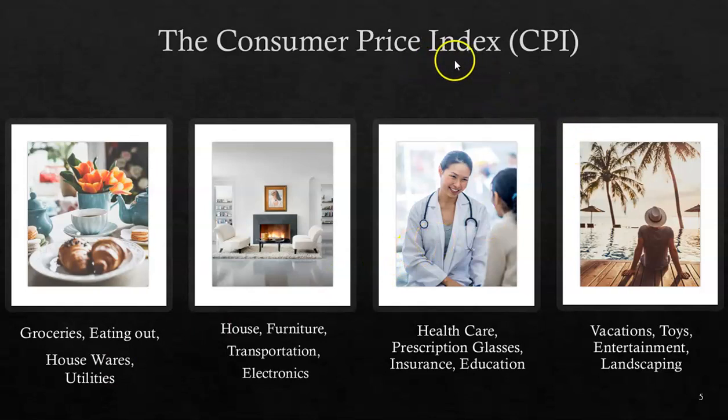So this index started at 100 points. And we go and see whether that is getting bigger or smaller. So if we start at 100 points, and we're taking that market basket and comparing it to the year before, and now it's 101 points, and we're going to go over how to figure out the CPI, it's actually very, very simple to do. If it's 101, then you have a 1% increase in prices. And if it drops down to 98, then you have a 2% decrease.